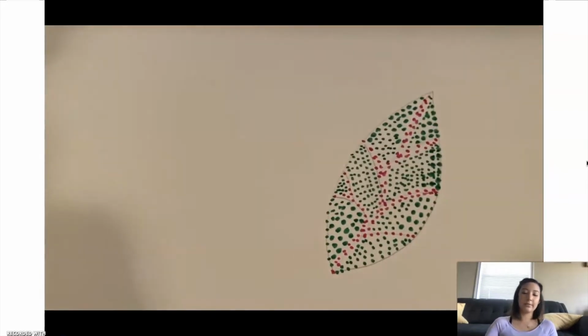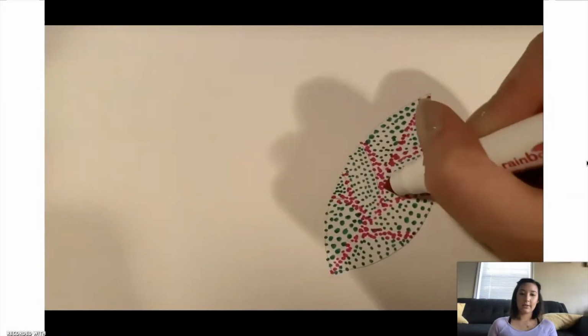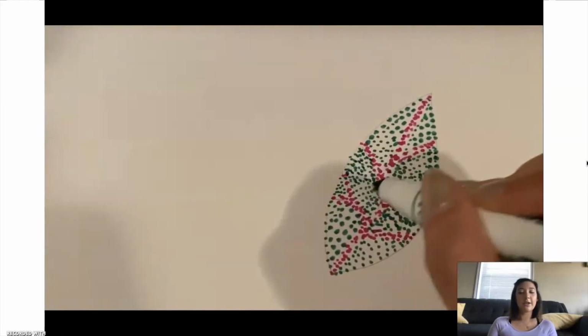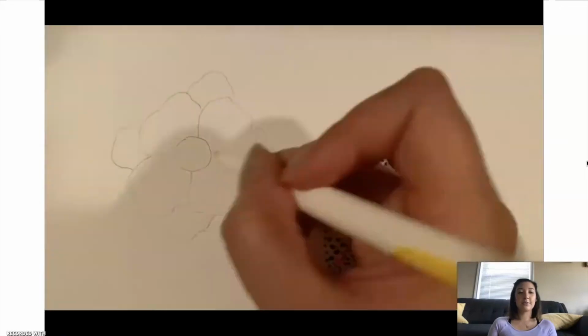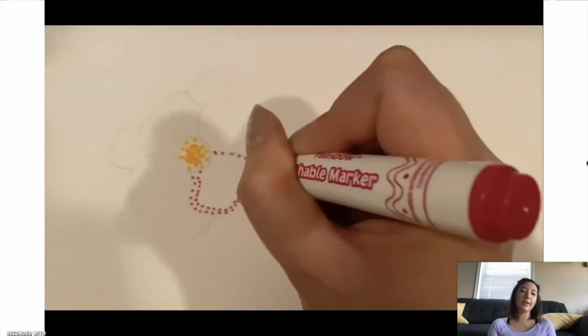And I'm just using these markers, and if that is too easy for you, if 2 colors is too easy for you, make it more challenging for yourself. So for this flower, I added a bunch more colors. So I added a little bit of yellow and orange on the inside,